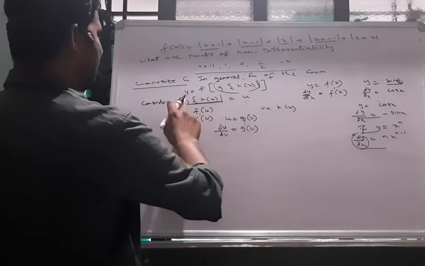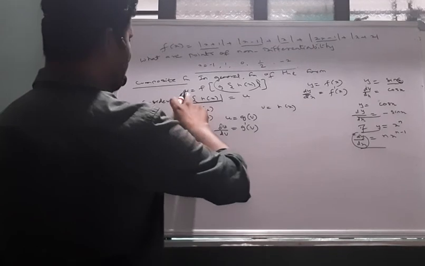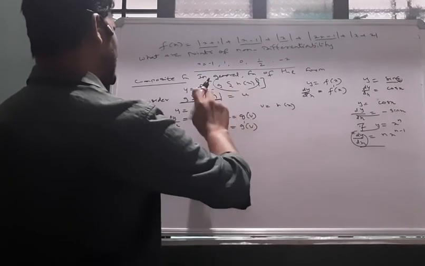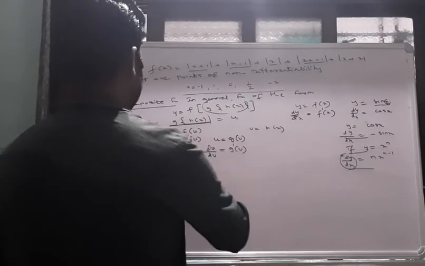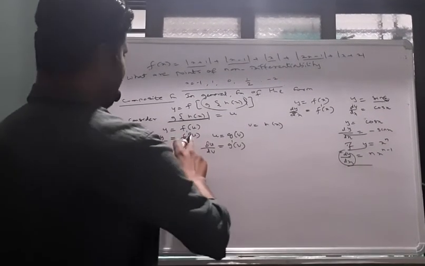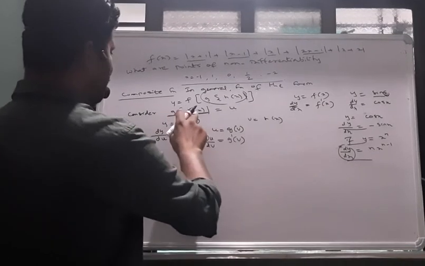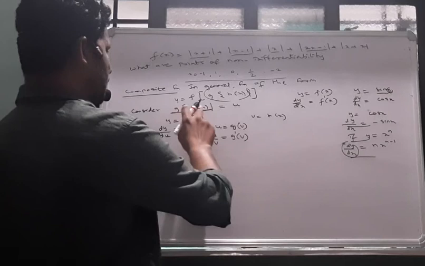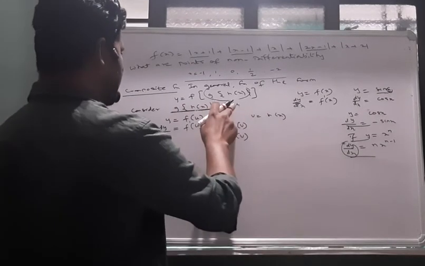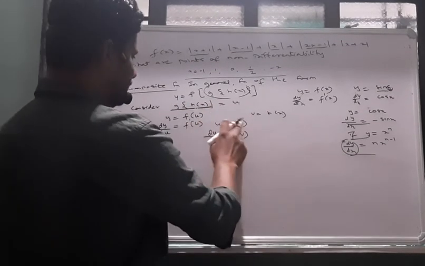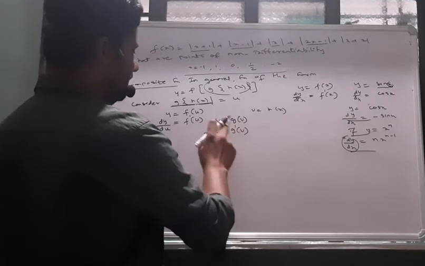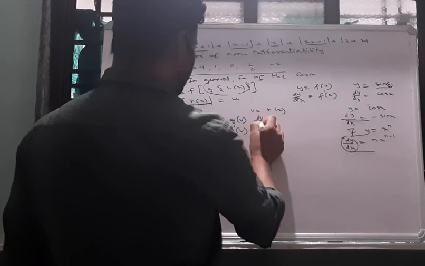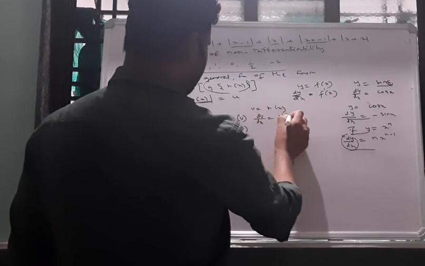Here it was not like this. Here y depends on g of h of x, in which there are two functions. So we make it y and differentiate y with respect to u. Again in u there is a composite function, a mix of two functions. Separate it: take h of x as v, so it is of the form u equal to g of v. Then differentiate with respect to v. Now v directly depends on x, so we can differentiate with respect to x. dv by dx is equal to h dash of x.